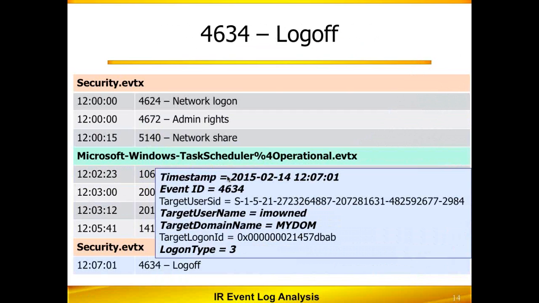The log off could actually happen pretty much anywhere in this timeline after they mount the network share. Sometimes I see them logging off as soon as they've mounted the network share and have deposited their malware on the system, even before they do the scheduled task stuff. So log off events can happen anywhere in the timeline. Just keep an eye out for them. Nothing particularly interesting unless you're trying to plot exactly when the attackers are logging on and logging off of the